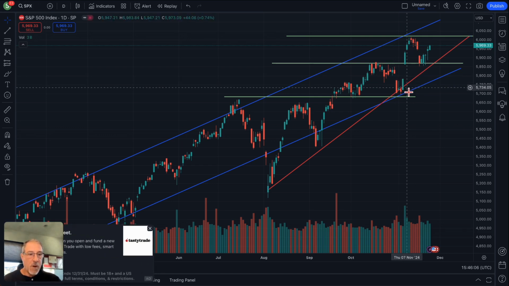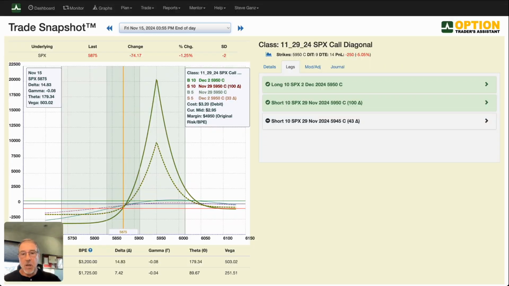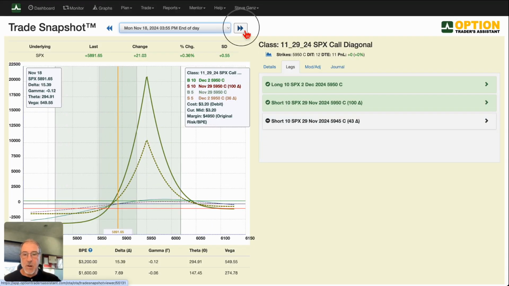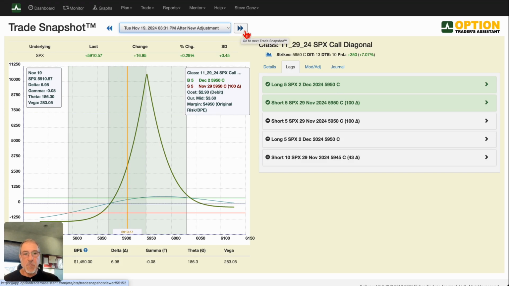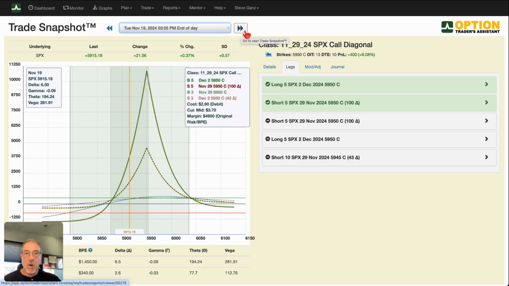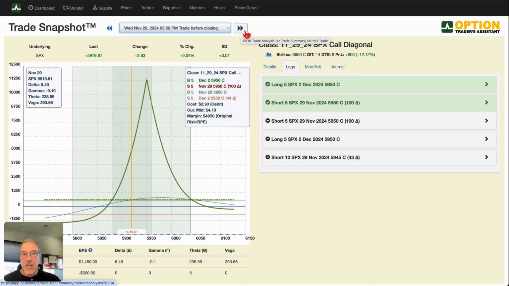So November 15th is right here. We had pulled back to what I considered a support area. My expectation was that we would likely bounce off of this area a little bit. And sure enough, while we chopped sideways for a day or two, we then did bounce off of this area. If we march forward a day or two, that puts this trade in a really nice position, to where ultimately this trade was thinned out a little bit and then closed out